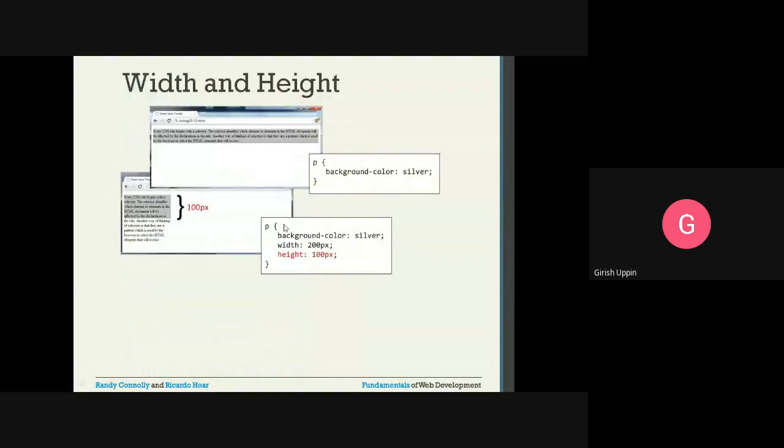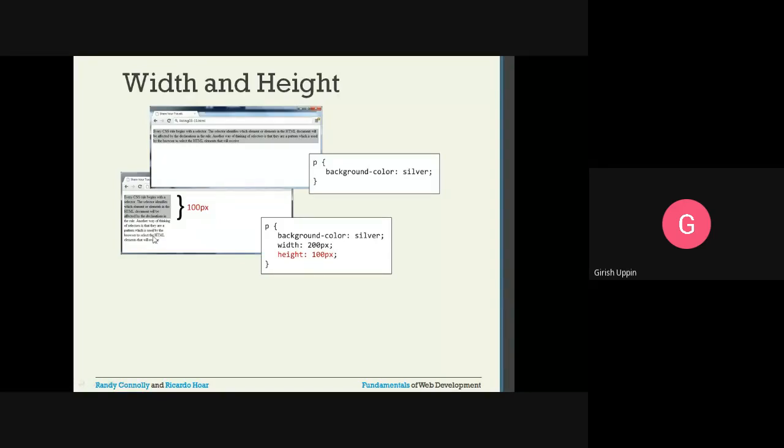So width and height, we already saw this property, background-color silver. So for that particular paragraph it will provide a background of a silver color. And here you can see the height is 100 pixel and the text is overflowing. So this is the overflow of the text.